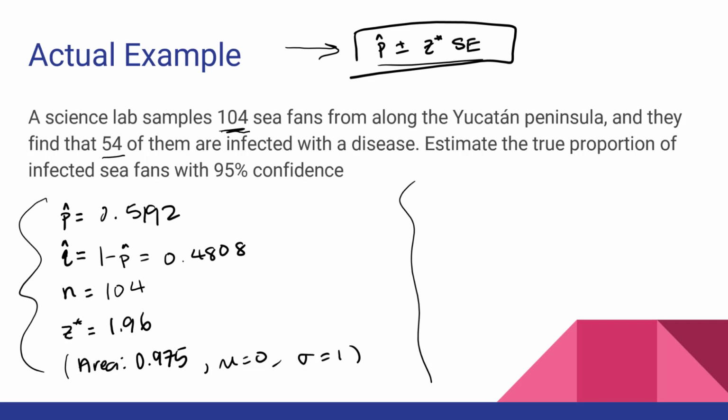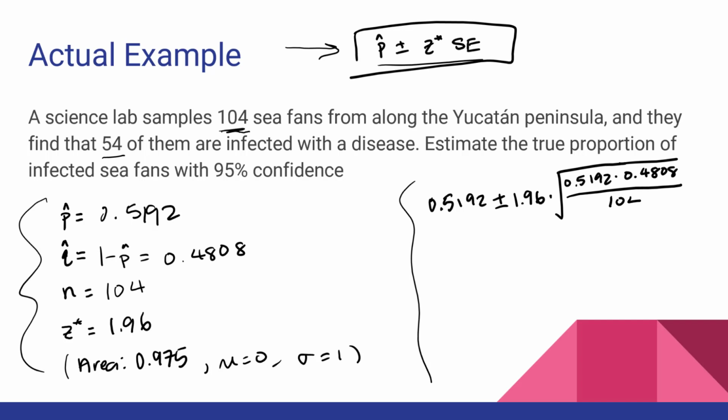Now that we have all the numbers that we need, we can plug them into our formula to get our final confidence interval. So we need our p hat, so 0.5192, plus or minus our z-critical value of 1.96, times our standard error. So our standard error of p hat is equal to p hat times q hat, 0.4808, over our n, so our sample size of 104. This is equal to